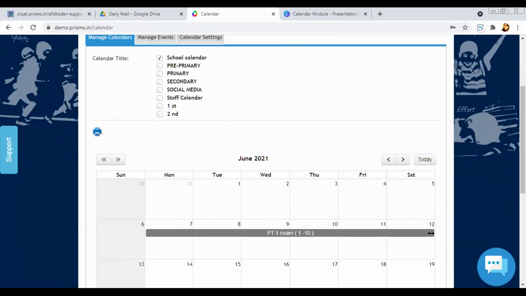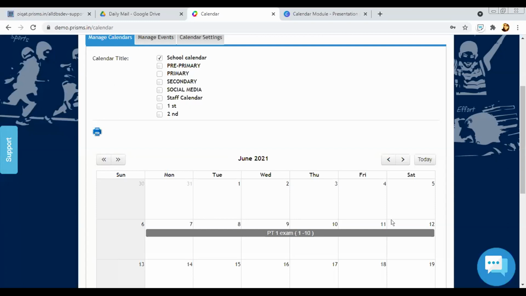No, actually what the ma'am is telling is correct. Suppose all the events we want to give one color, holidays we want to give one color, and for our annual day something else. So instead of creating class-wise calendars, you can create calendars in that manner. One calendar for holidays, one calendar for events. That way also you can create a calendar. It doesn't look good actually. We want different colors for different activities in one calendar.